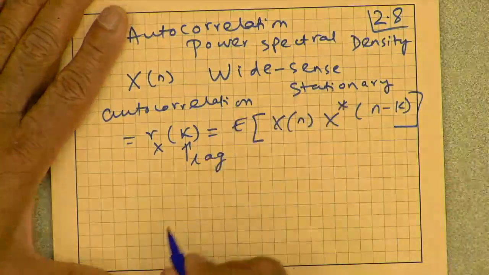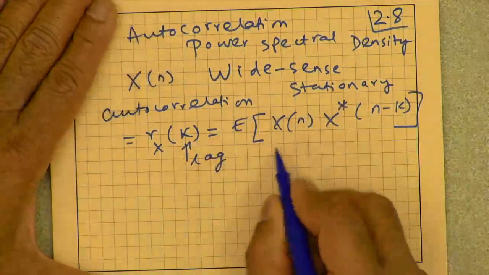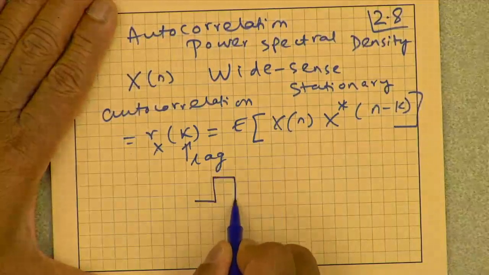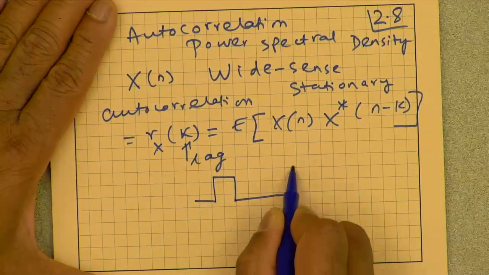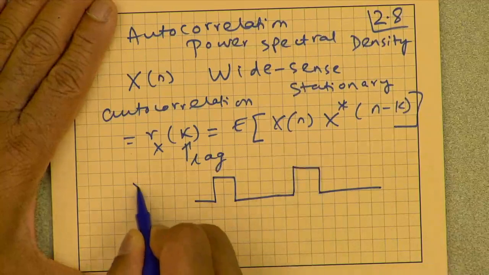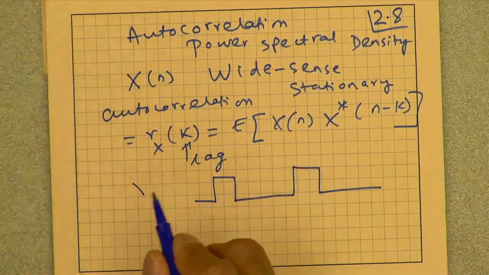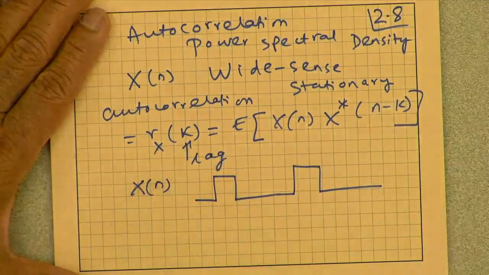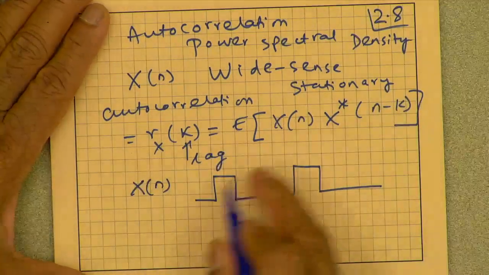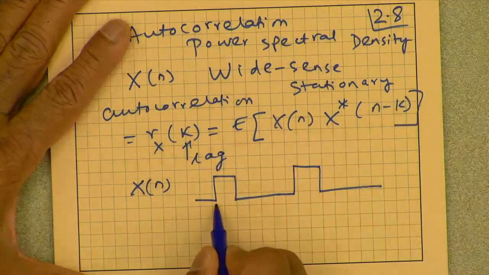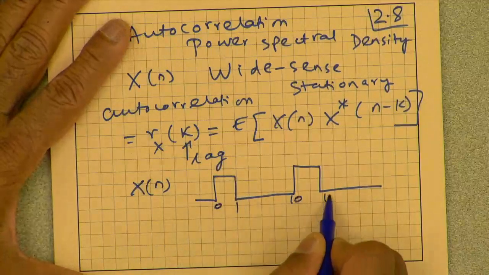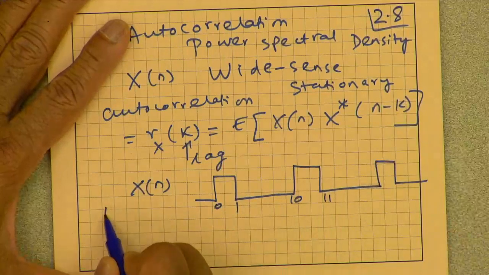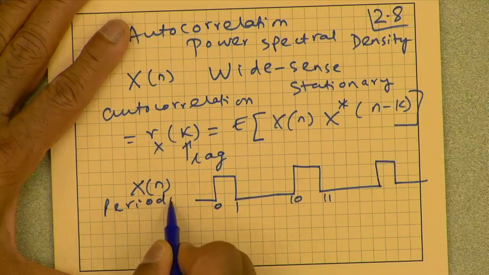And there are a lot of properties. So basically, if I have a signal xn, let's say a rectangular signal, I'm now taking a deterministic signal. I am not adding noise to that. So let's say this is 0, this is 10. This is a periodic signal with period 10.